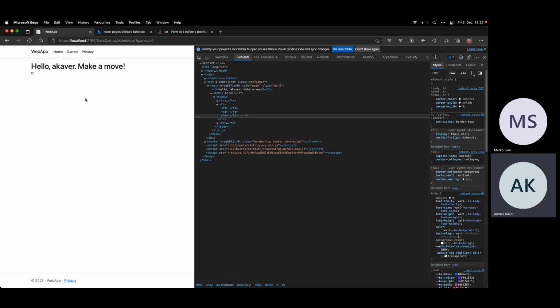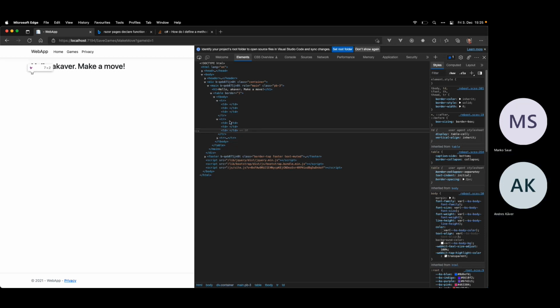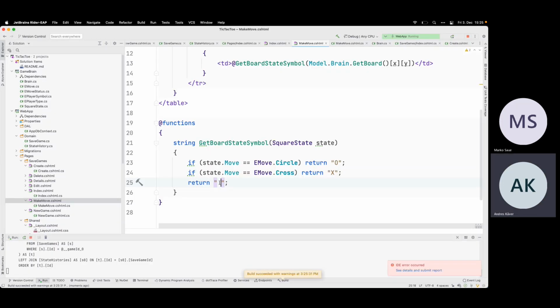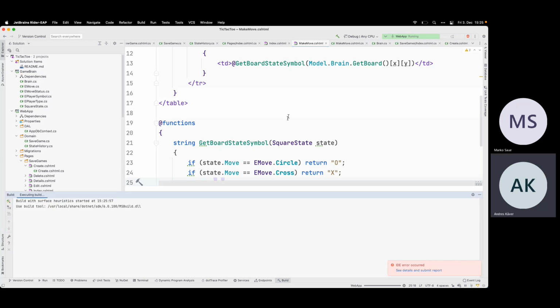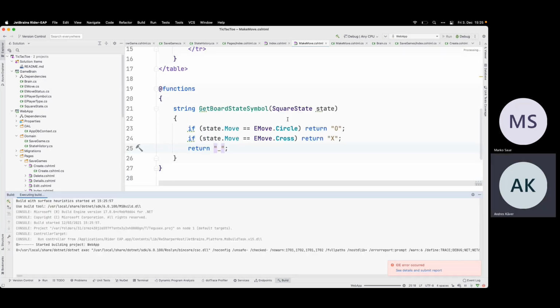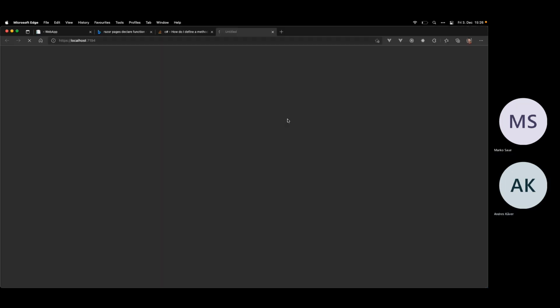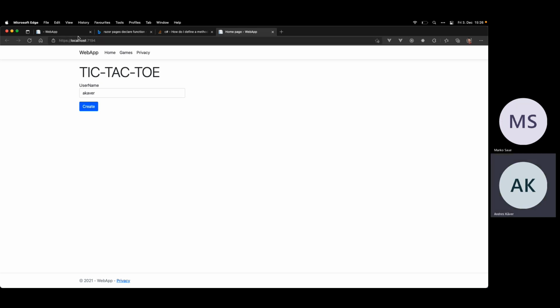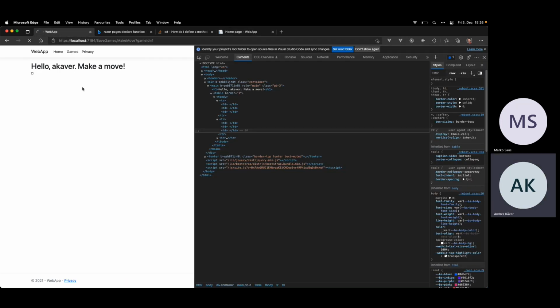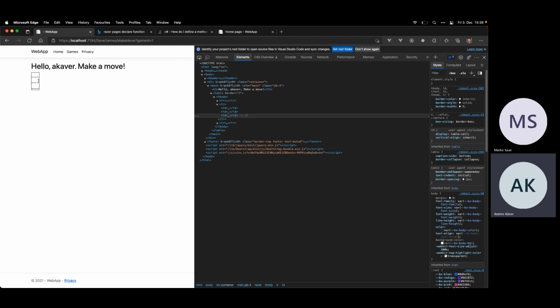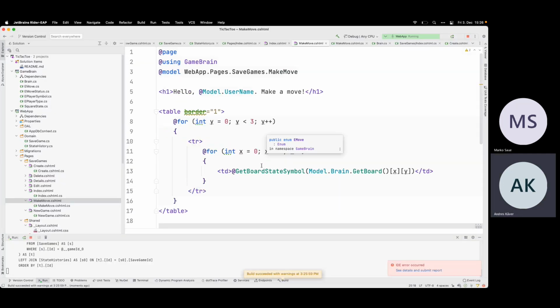No, still. Why? Okay, because it doesn't take any size. So let's put some kind of symbol here. Okay.